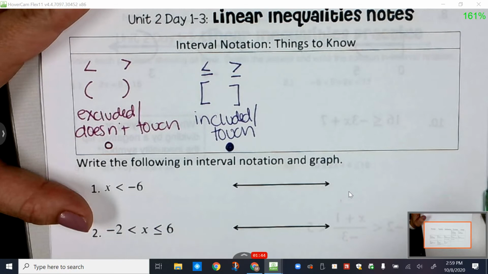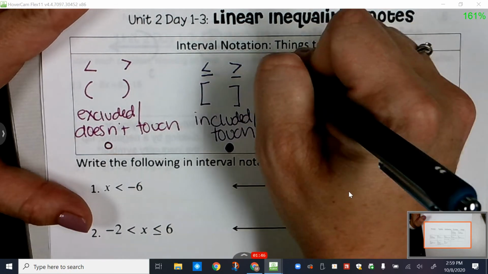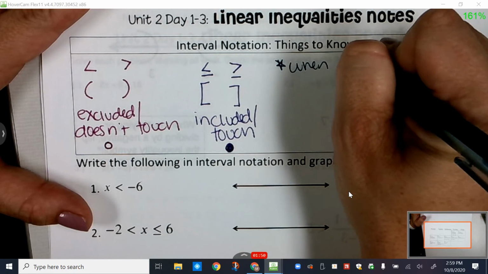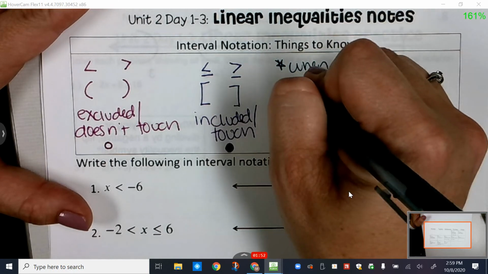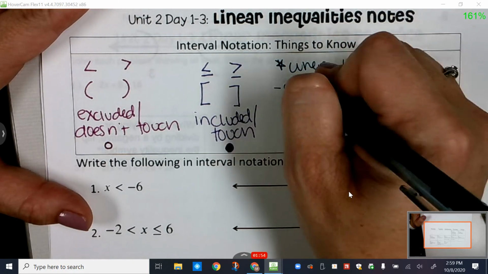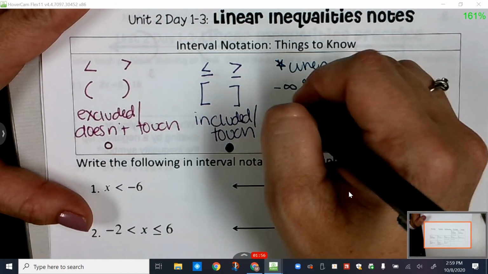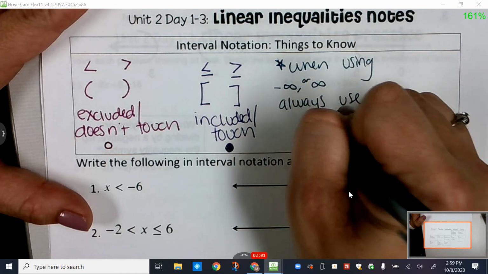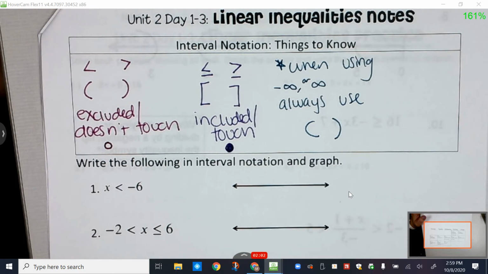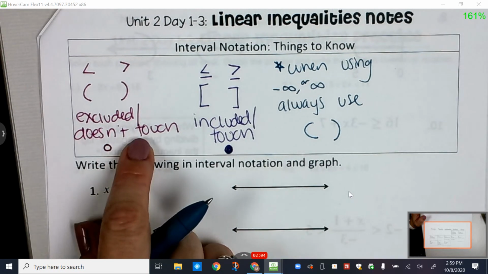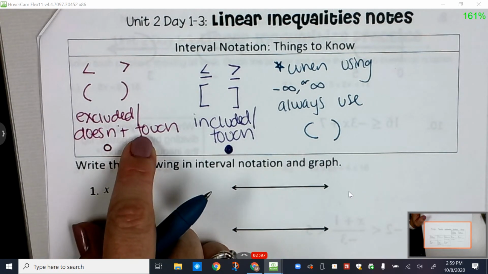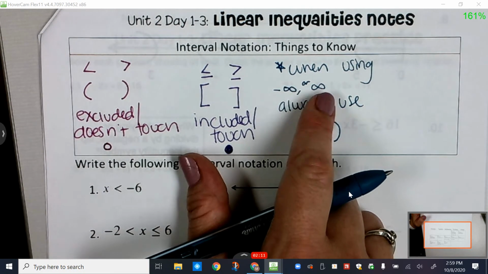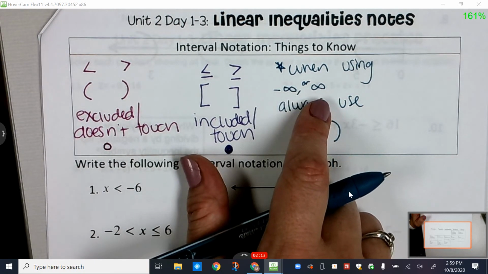Another thing I want to remind you is when using the negative infinity or positive infinity symbol, always use parentheses. And the reason being is, parentheses, you cannot touch it. Infinity, you cannot touch it. Infinity is not a real number. It's not like you can say, oh yeah, I have infinity